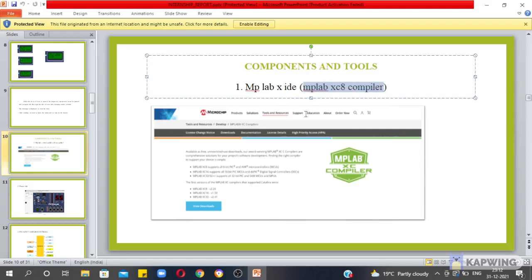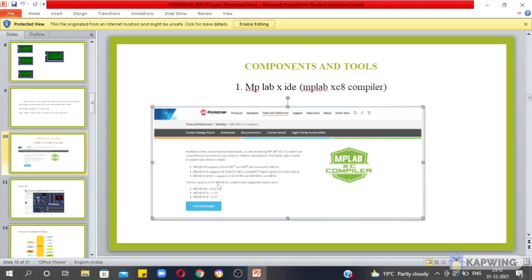These are the components and tools we need to program our basic microwave project.